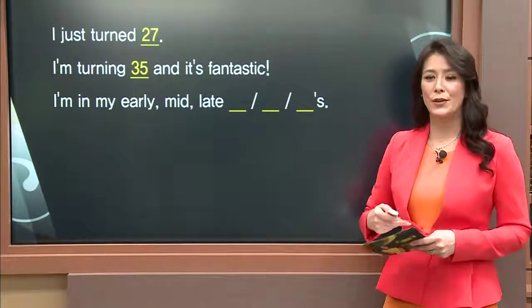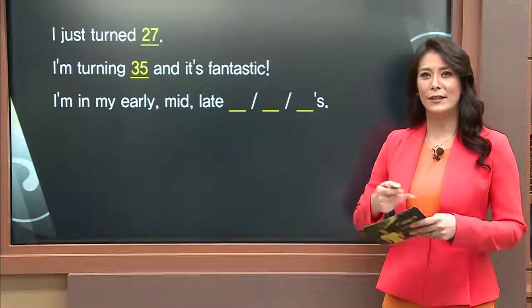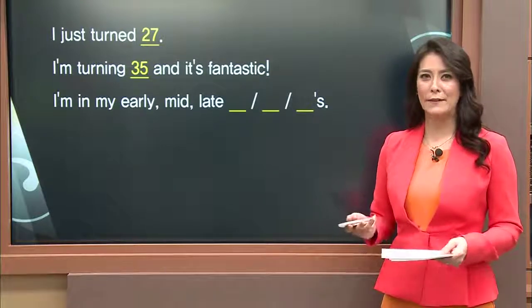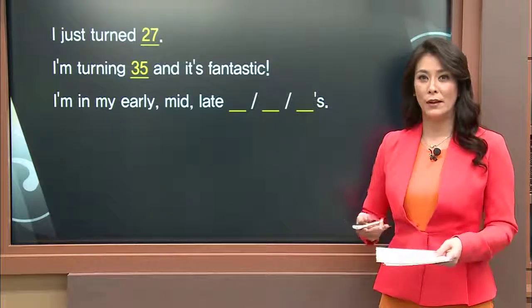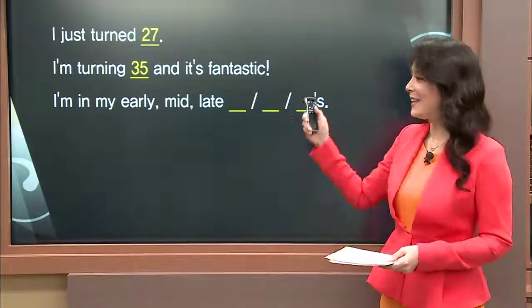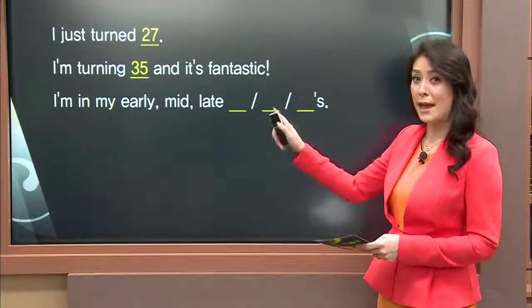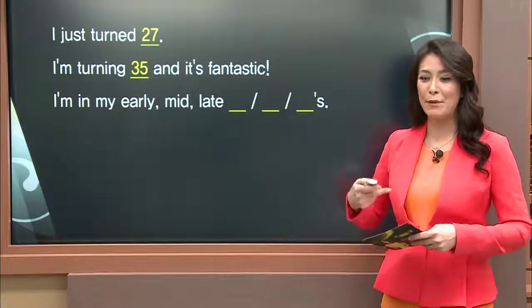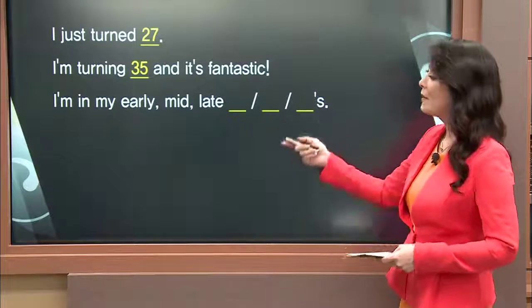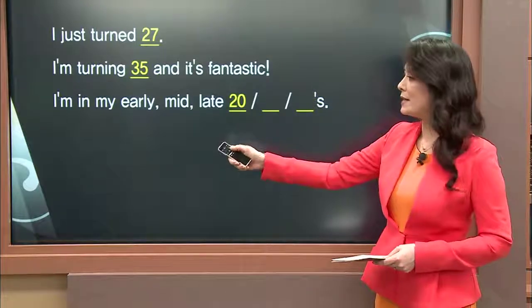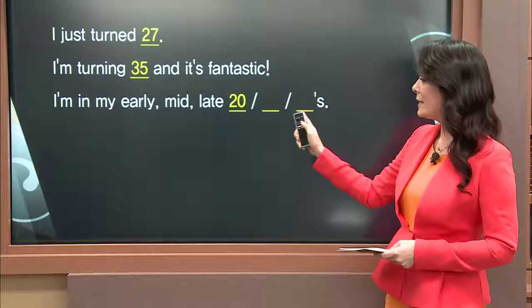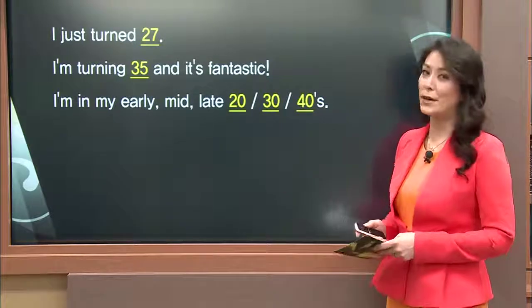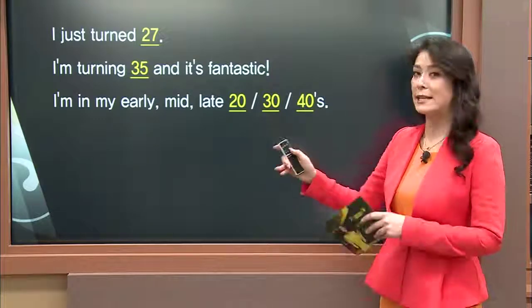You're happy about your age. It's not like you're crying over wanting to be younger. You're proud and happy to be 35. You're happy to be 42. You're happy to be 50 years old. So in that case, you can say, I'm turning a certain age and it's fantastic. It's wonderful. I love it. I'm enjoying life. Moving on to this one. Very simple as well, but just as a review, you can say, I'm in my early 20s, mid-20s, late 20s, or perhaps 30s and 40s. Okay? Now, early is in the beginning.